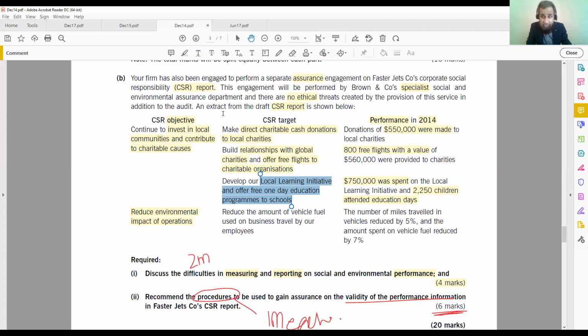Can I review the board minutes? Can I review the board minutes for the approval of $750,000? Because that's a big amount,